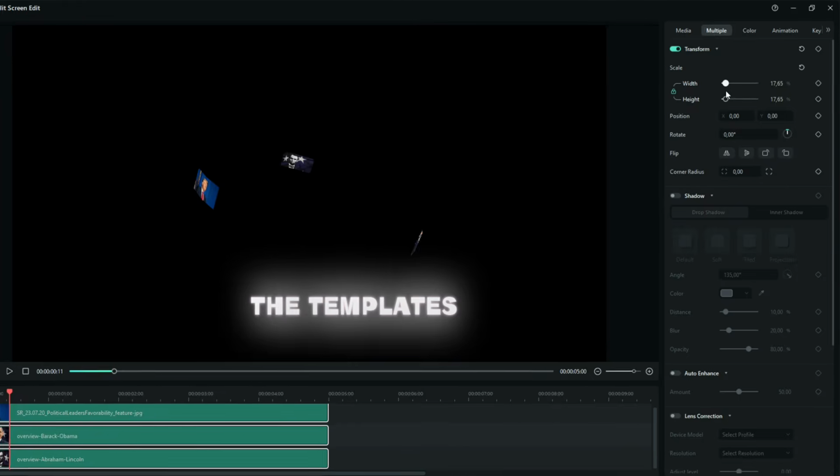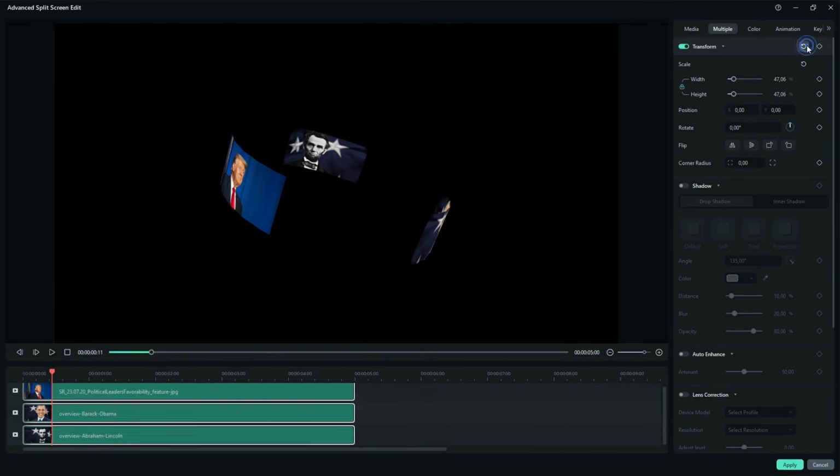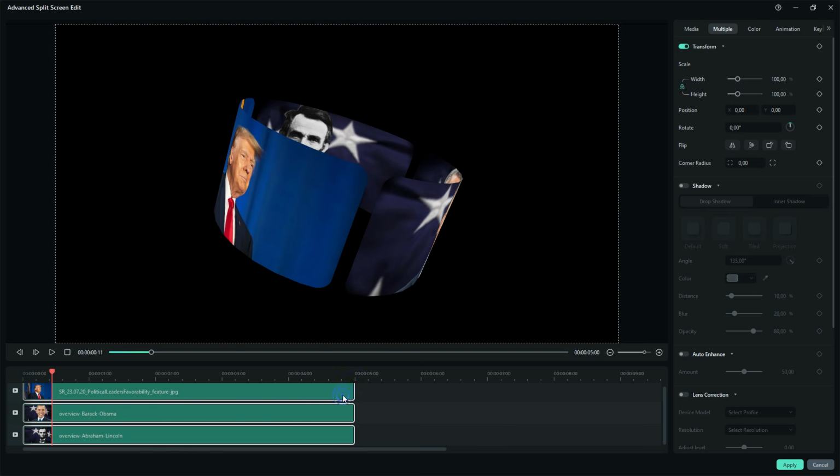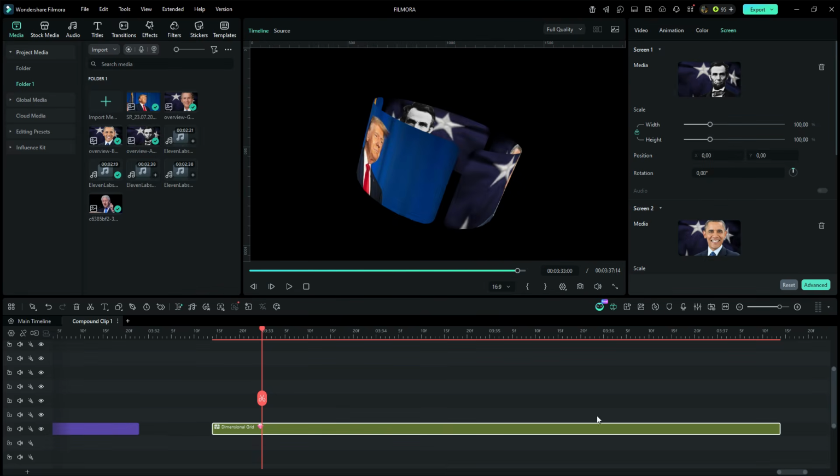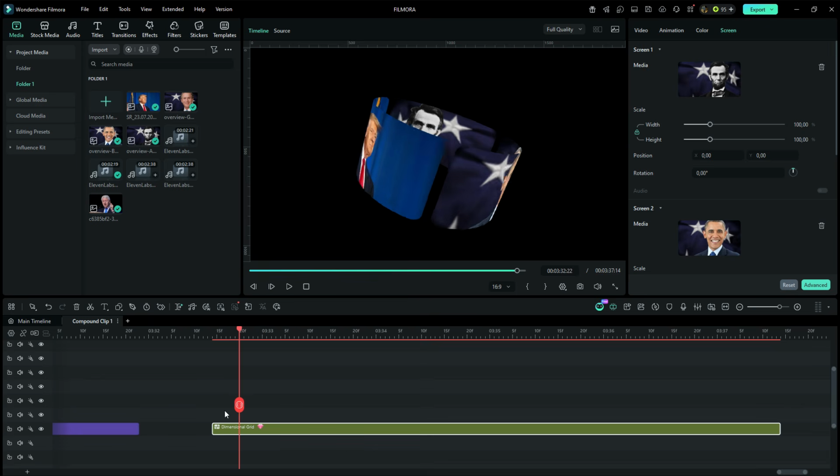Now the problem with the templates is it limits your creativity. There is nothing else you can create unless that which is given. That is exactly why we don't want normal templates, normal effects, but the actual 3D camera feature. I don't know what Filmora is going to do if they don't release this feature in the coming Filmora 17,